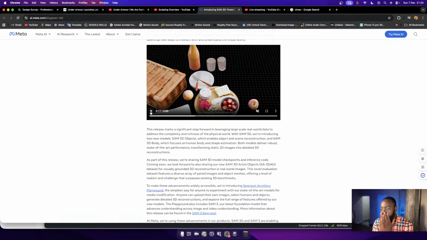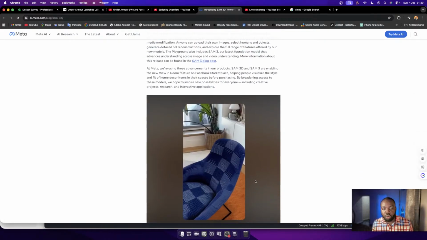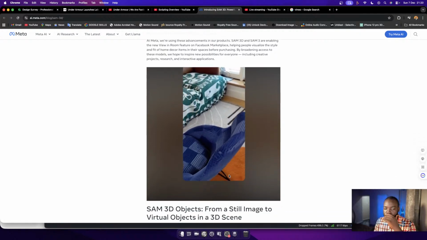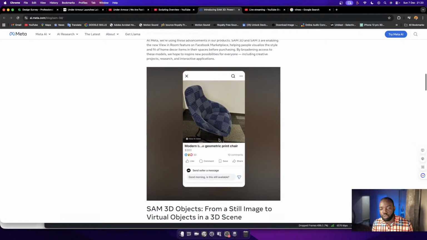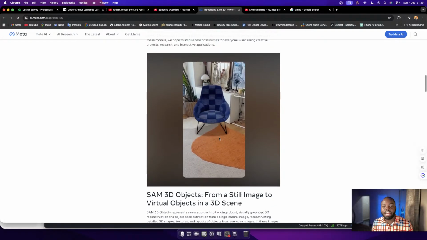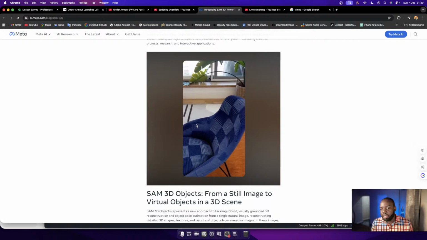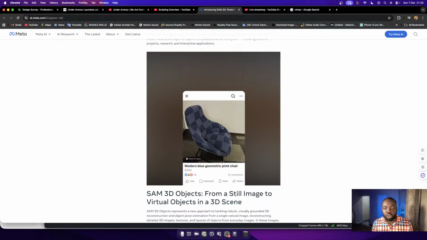So this is one of the times I used to talk about AI and the use of AI in the creative space, because to normally get this kind of functionality you need a 3D artist and all these other things to render everything out for you. But right now with just your laptop and SAM 3, it's going to do you wonders. I know since it's Meta, they're integrating it into their Facebook Marketplace so that you can actually see the items you want to buy and how they're going to look in real time.